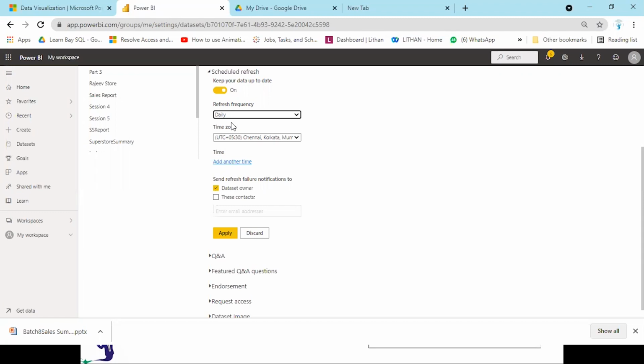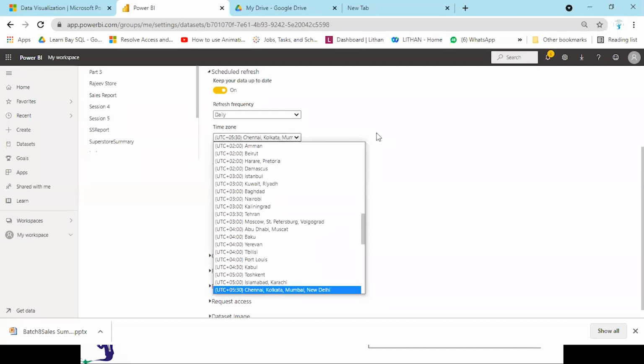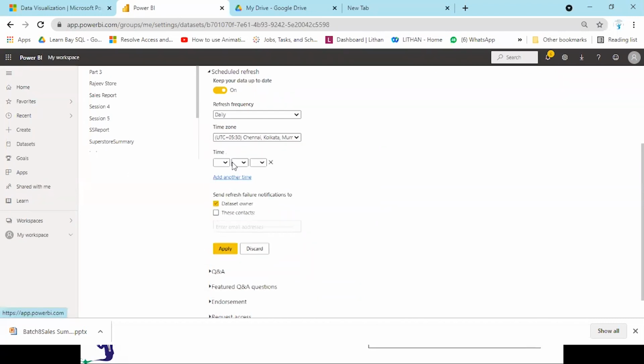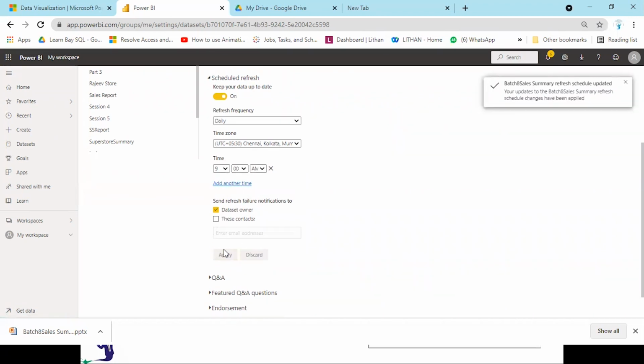You can refresh it daily, and you can set the time zone over here and add a time. Which time do you want? Suppose I want daily at 9 a.m. Apply. Right? The report will be refreshed daily at 9 a.m. automatically.